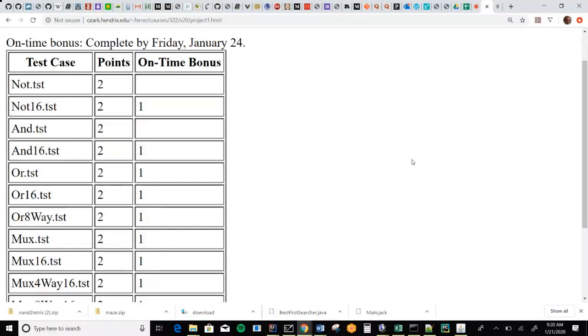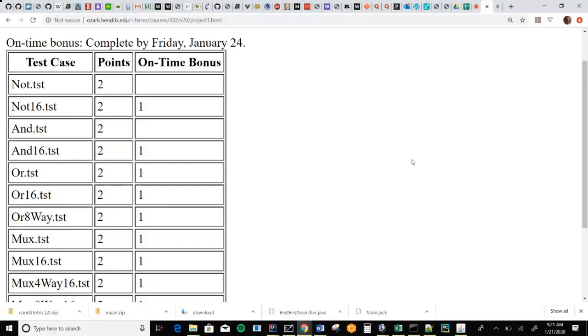OR 8-way is a little bit funky. The idea of OR 8-way is it's going to have 8 input bits and 1 output bit. If any of the 8 are 1s, the output should be a 1. So not super hard once OR is working, but it's a little idiosyncratic. Make no mistake, every single one of these circuits is going to have a purpose. Every single one is something you're going to need to build a CPU. In fact, some of them are set up specifically to make easier some of the tasks you're going to do in building your CPU.